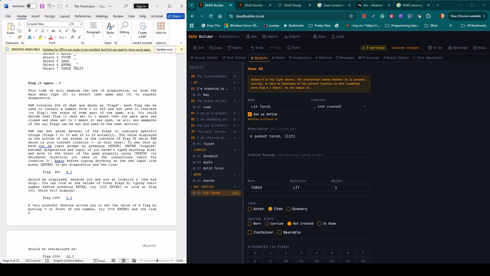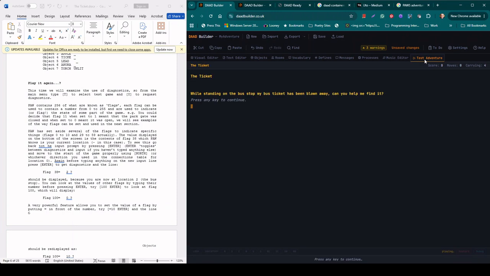And it's time to play the game again. In this section in the manual, it shows you how you can access flags in PAWS. We can do something very similar here. So if we go to Test Adventure, press any key to continue,